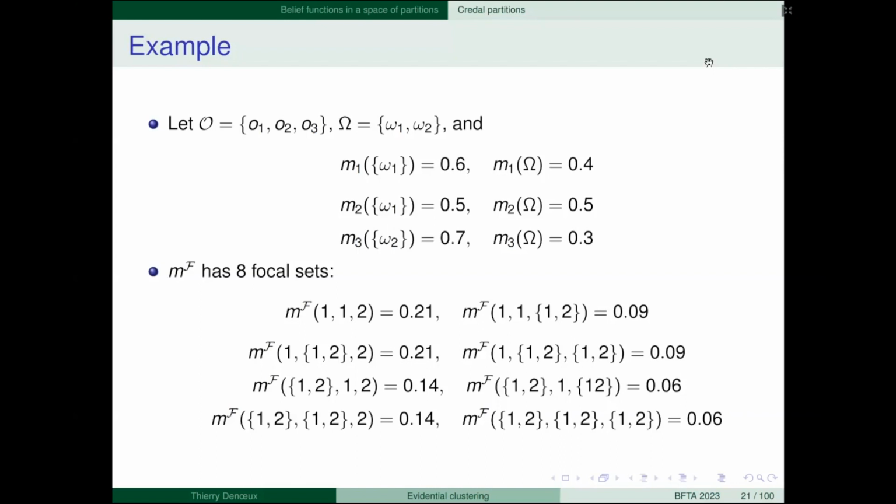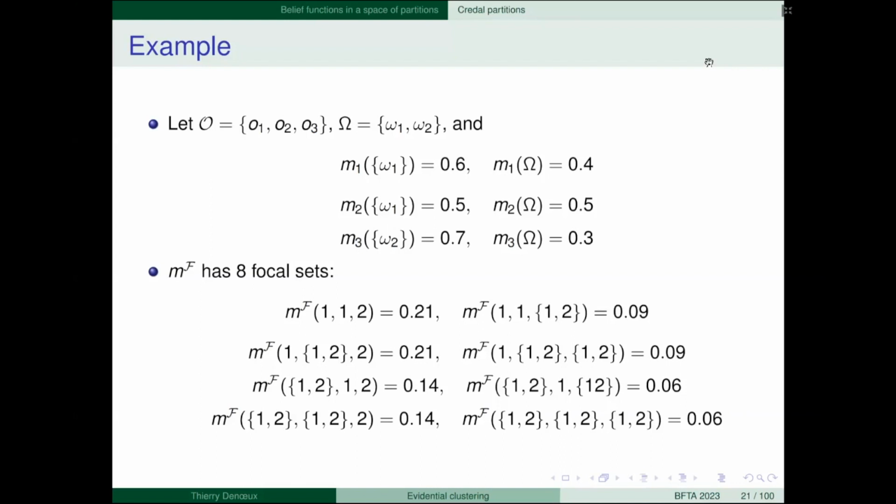Here, object 1 belongs to cluster 1, so you multiply 0.6 with 0.5, because here you take the mass m2 of omega 1, and multiply by 0.7. Okay.